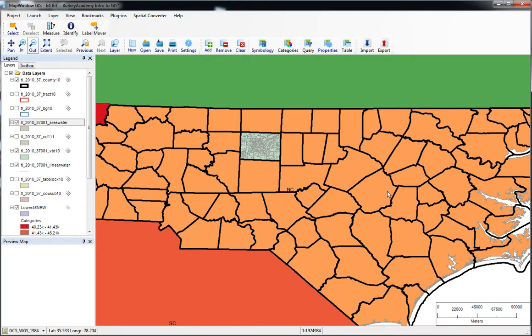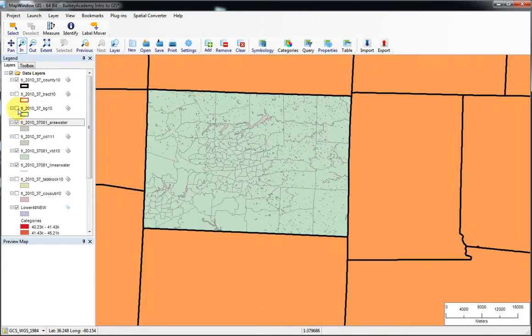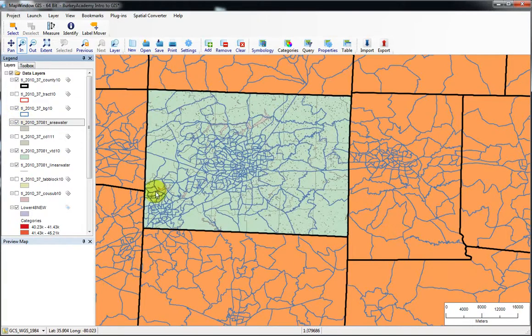And so we've really lost the ability to learn a lot of interesting information at the small neighborhood level like we used to be able to with these census block groups. Now we're just at the county level, and that's due to budget cuts and also some changes in policy at